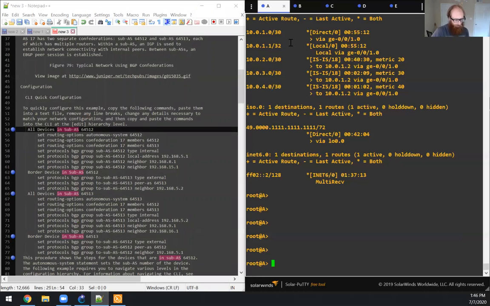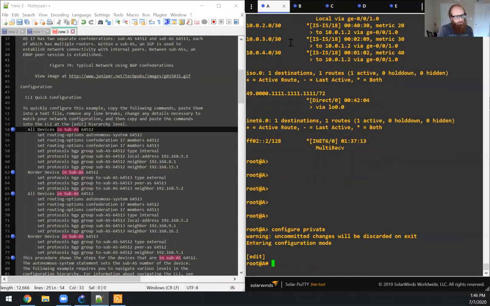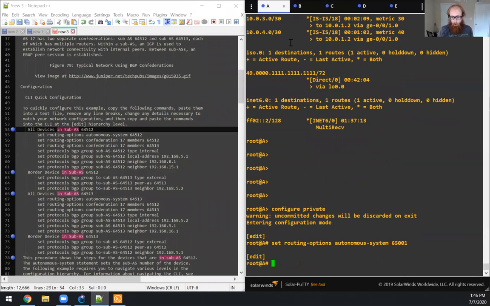Okay, so let's start by configuring router A. And we'll just start by setting the routing options. And I've already kind of gone over my 15 minutes. So let's just do this and then call it good. Okay, so this is the first